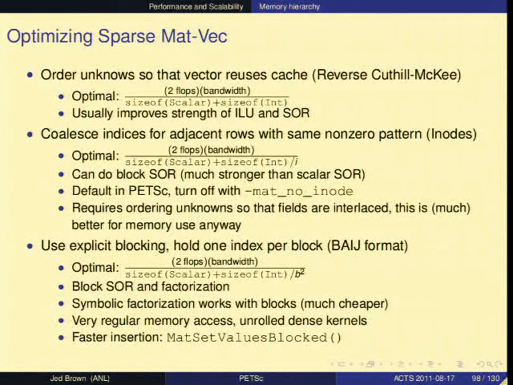So this is just the performance models for these blocked formats. So we'll use inodes, which is just identifying identical rows. And this allows us to skip some of the indices. Normally we needed to pull in a scalar and an integer for each non-zero in the matrix. And here we can pull in less than one integer per non-zero. And here we can pull in one integer per B by B block. This is with the explicit blocking. So you get a fair bit better performance here. And you can also get faster insertion because the block insertion does less searching.